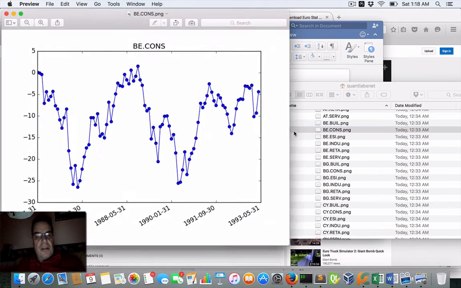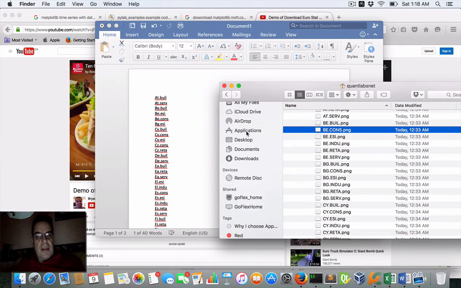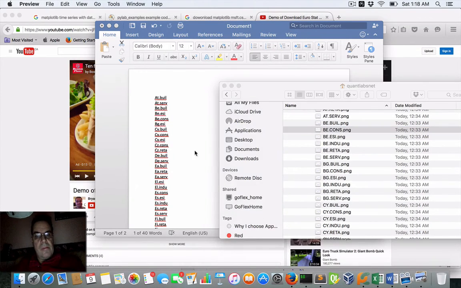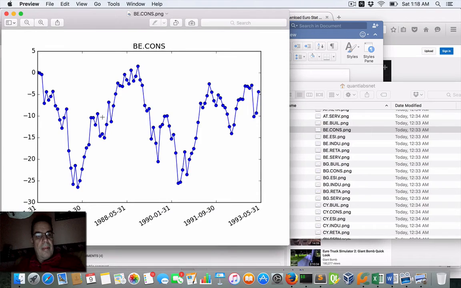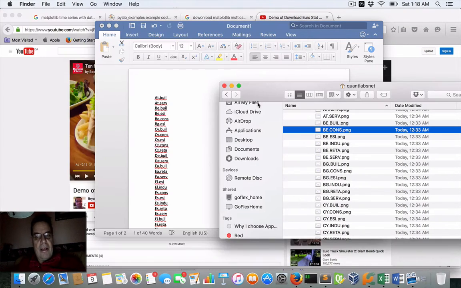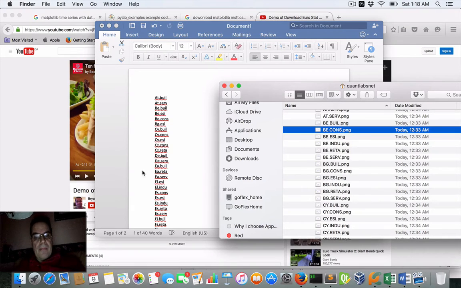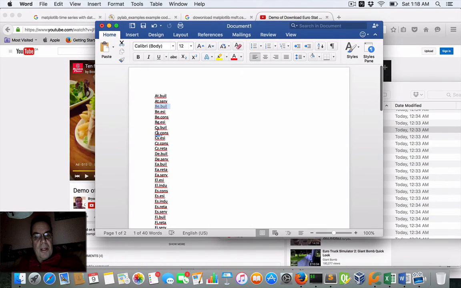Also, the consumers, no, hang on. Yeah, the consumers looking pretty good too. I mean, it's eking out some sort of recovery. Other countries is Cyprus, consumer and building.